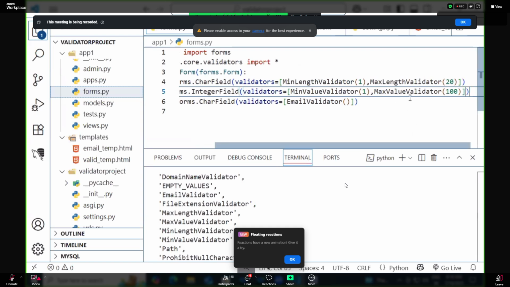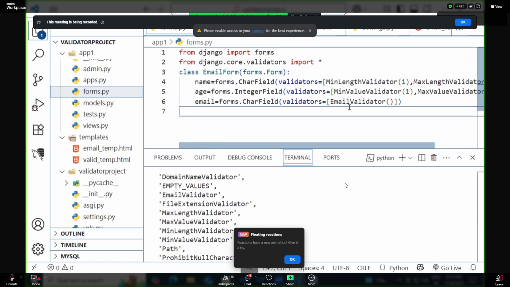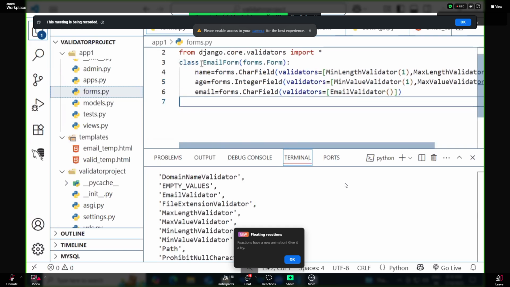See, whenever you are trying to create a form, you define these validators. Name is there, and the name validator is minimum and maximum. Now age is there, and the age validator is minimum value and maximum value. Email validate, so I created email. In the same way, for example,